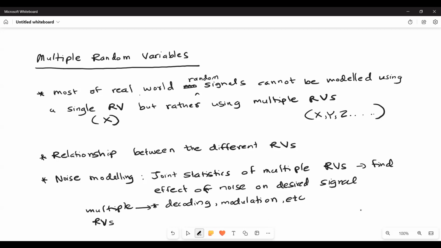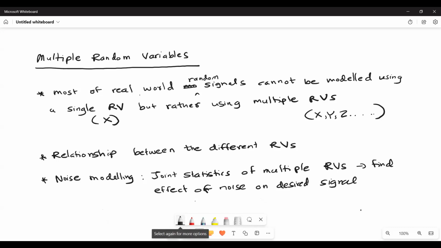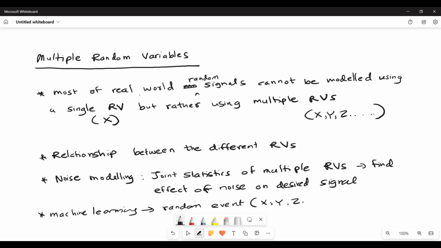Multiple random variables are also important in areas such as machine learning, where we use machine learning to predict a certain event occurring. Most of the time, a certain random event will not consist of only one random variable, but is dependent on multiple random variables. So we need to consider all the different random variables and their relevant probabilities to find a certain random event occurring in the future. Therefore, machine learning, which is a predictive algorithm, needs the probability of some event